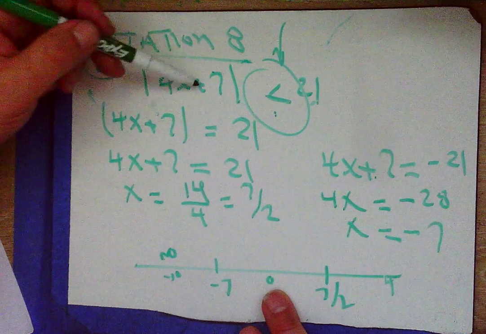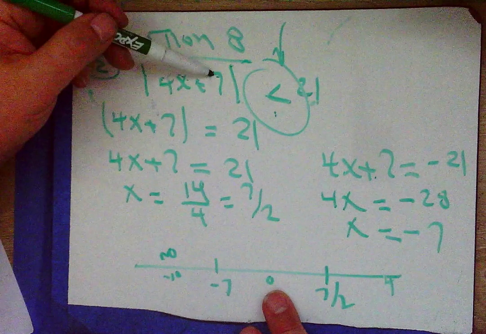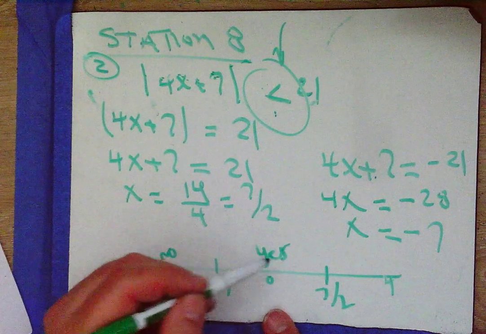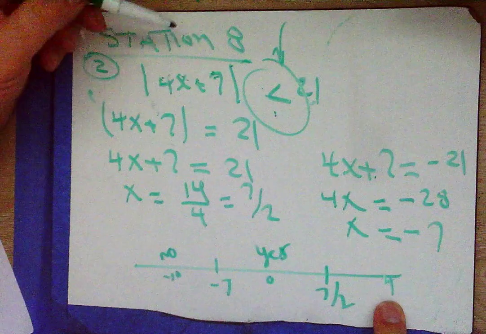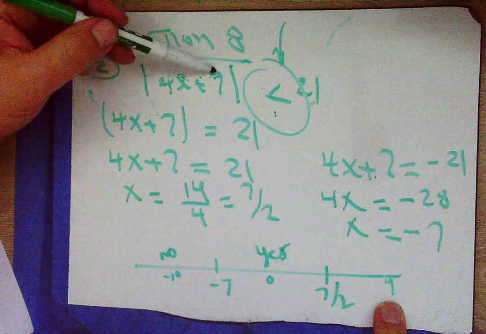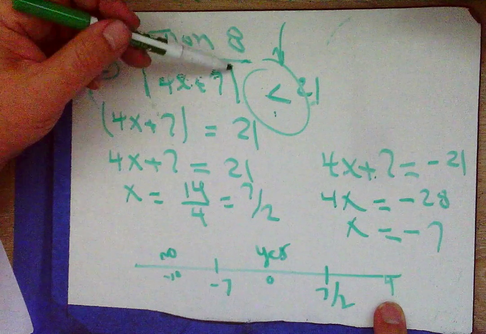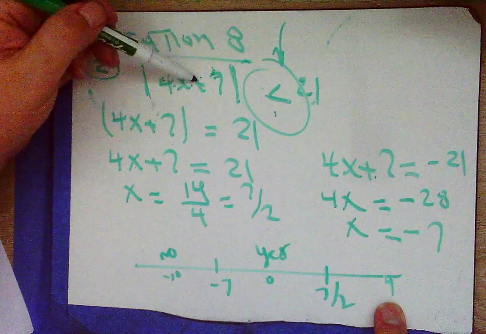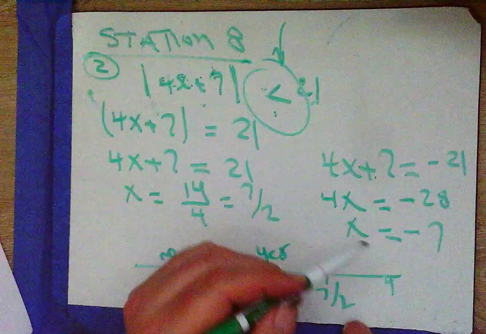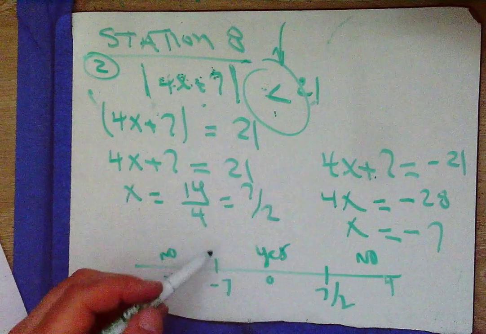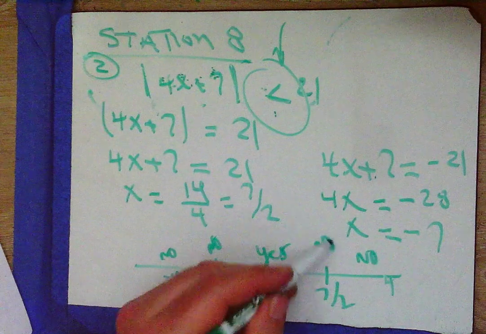What if I plug in a 0? So this goes away and I get 7. The absolute value of 7 is 7. Is 7 less than 21? Yes. And what about if I plug in a 4? 16 plus 7 is going to be 23. The absolute value of 23 is 23. Is 23 less than 21? No. And because this is not equal to, I know this is a no and this is a no, because